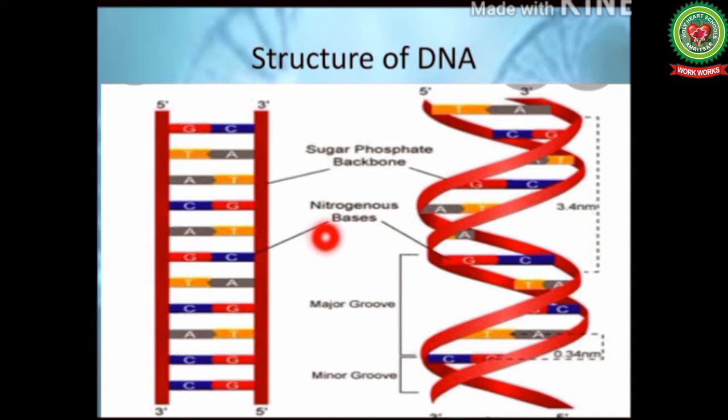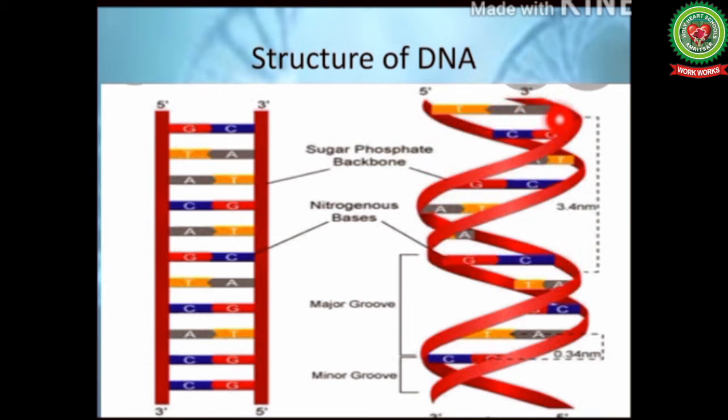In all species, it is composed of 2 helical chains. You can see here, these chains form a double helix like a spiral staircase. The sugar phosphate units form the backbone and the bases form the center. Both the strands are joined together by weak hydrogen bonds. The 2 strands are anti-parallel. That is, if one runs in 5' to 3' direction, the other runs in 3' to 5' direction.